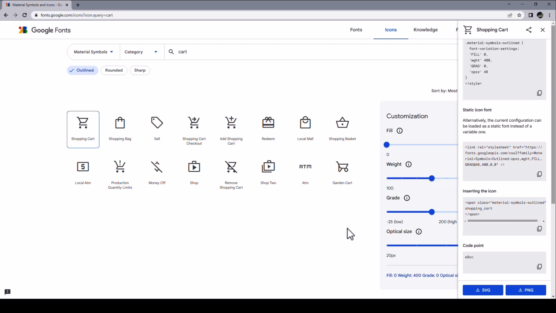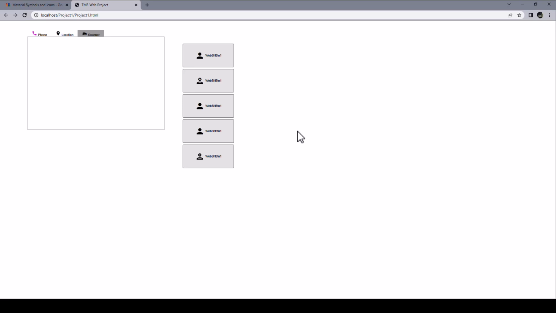And new in version 2.0 is that these icons are available in outlined, rounded, sharp, and in addition to those three, TMS Web Core also supports two-tone icons. Here's an example that I created quickly with TMS Web Core.